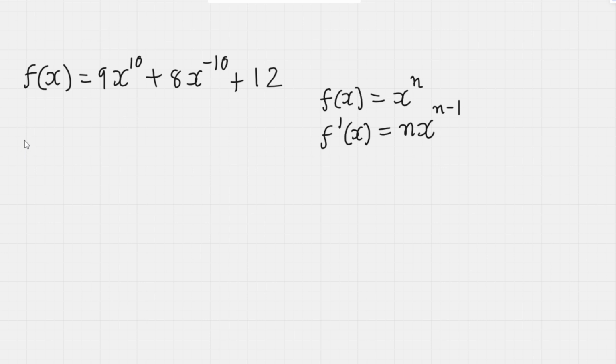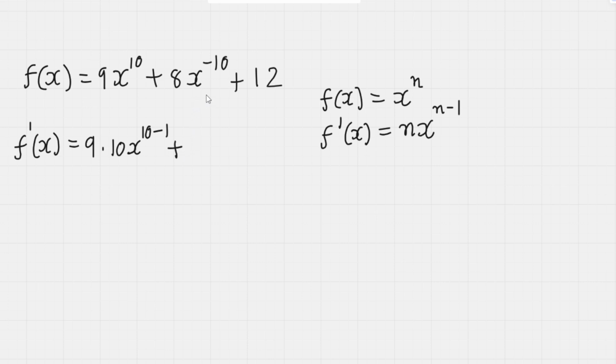So in our case, f prime of x will be equal to 9, which is a constant and is in multiplication, so we will keep it as it is, 9. Now x raised to 10. The derivative of x raised to 10 according to power rule will be 10 x raised to 10 minus 1, plus